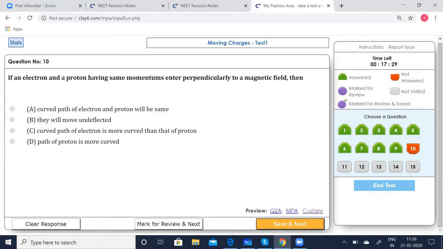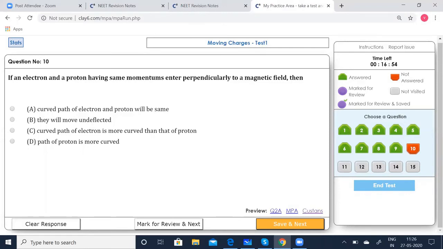All right, children. Again, quickly let us go through the concept. Now he says the momentum is the same for both electron and proton. But even though the momentum is the same, the masses are not the same. It is different for electron and proton. So they will attain different velocities, and obviously they will experience different forces. But the radius of the circular path is dependent on the momentum. So both will be moving on the same trajectory.